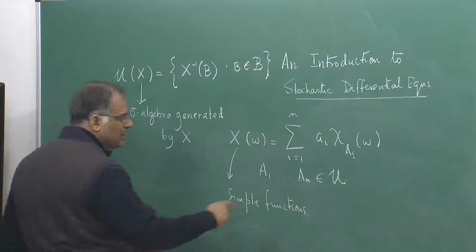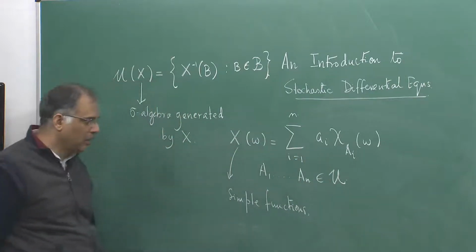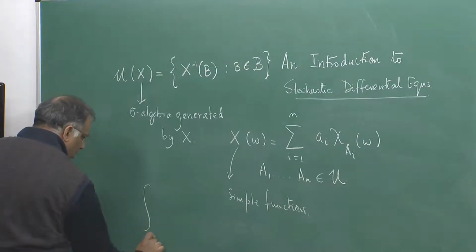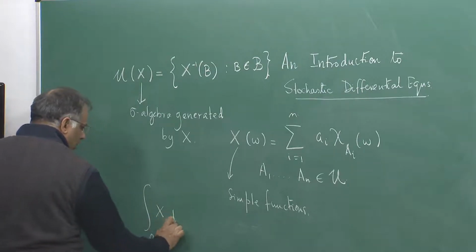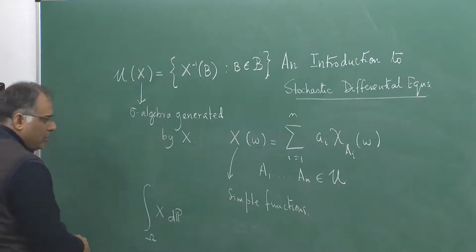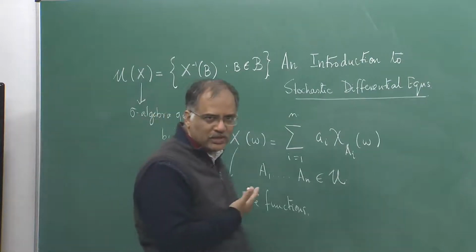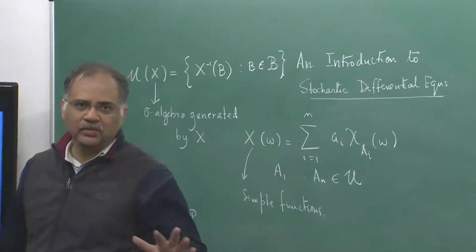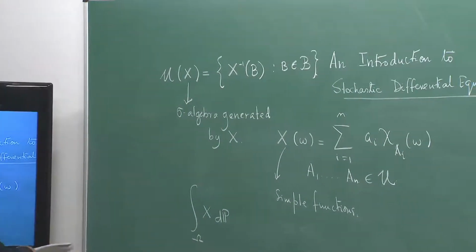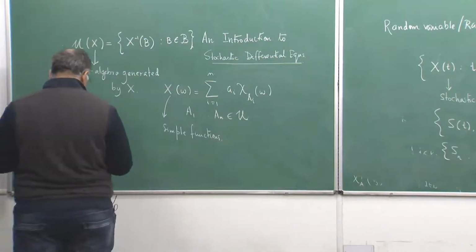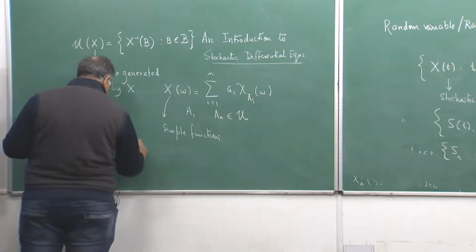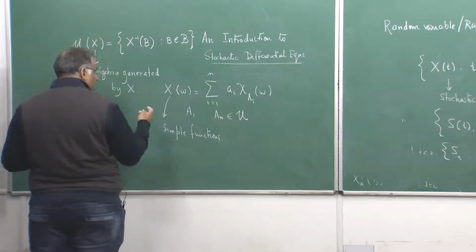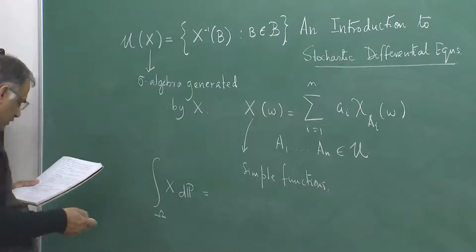Suppose I have a simple function like this, and every simple function is of course a random variable, because I have defined a random variable in terms of another random variable. Then we define the integral of X with respect to the probability measure P as